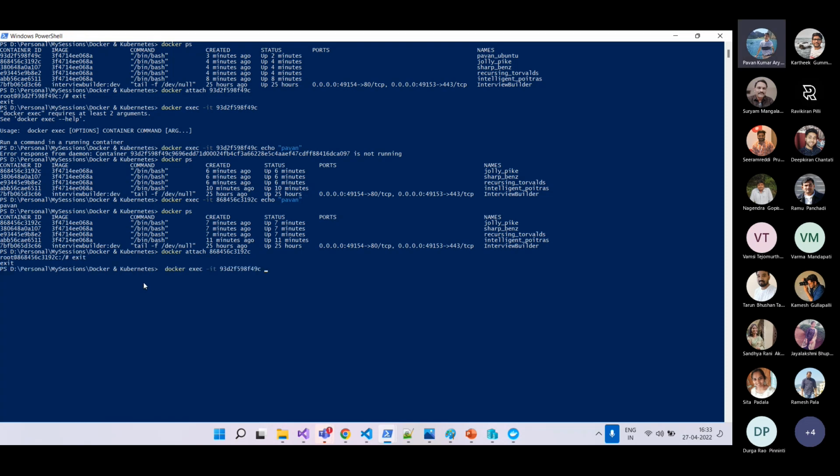If I give docker exec -it /bin/bash, it will take me inside this container. Oh, it is not running. Sorry, using the same old one. Docker exec -it /bin/